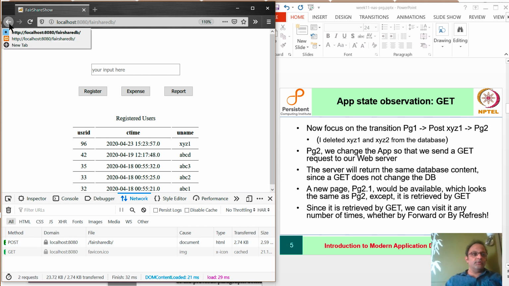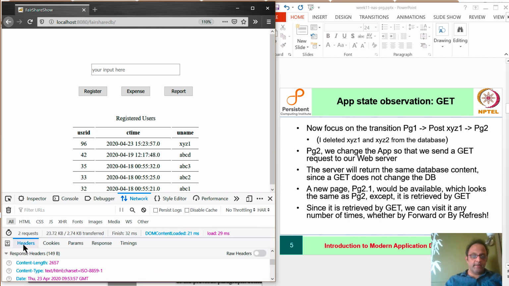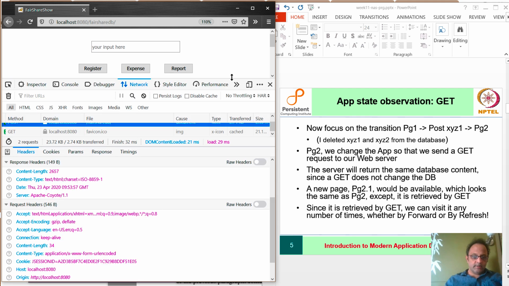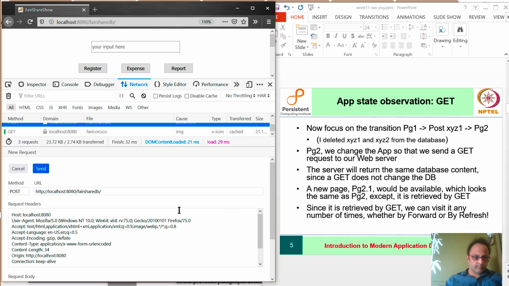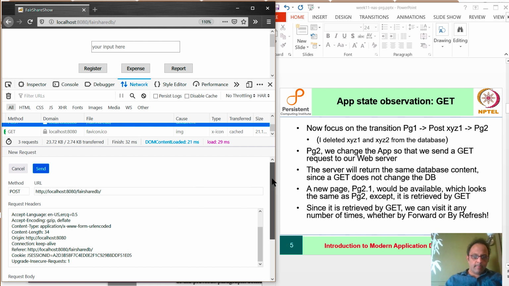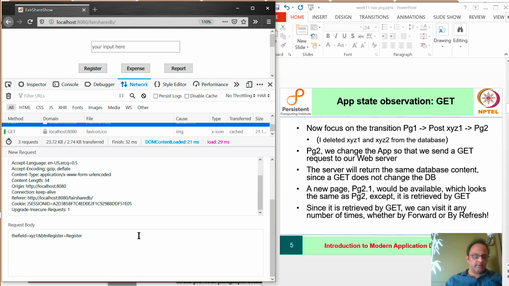So far we have done only 2 things. We have arrived at the page and we have made 1 post this way. But suppose at this point I change the app so that instead of sending a post request that contains some input in the post body, as we know. So let's see what it looks like to remind us of the post body thing. See, if we do this, the post body request looks like this.